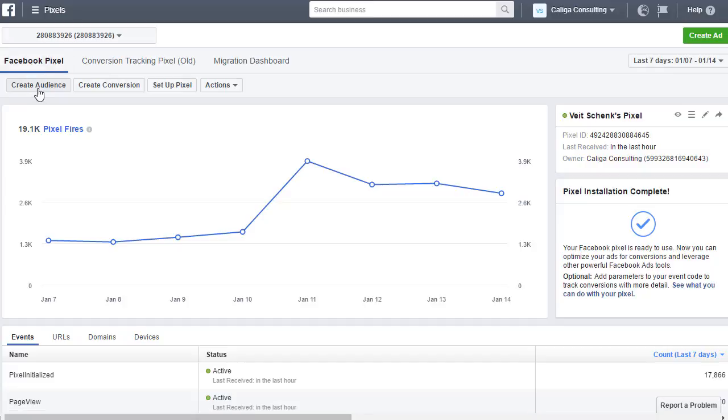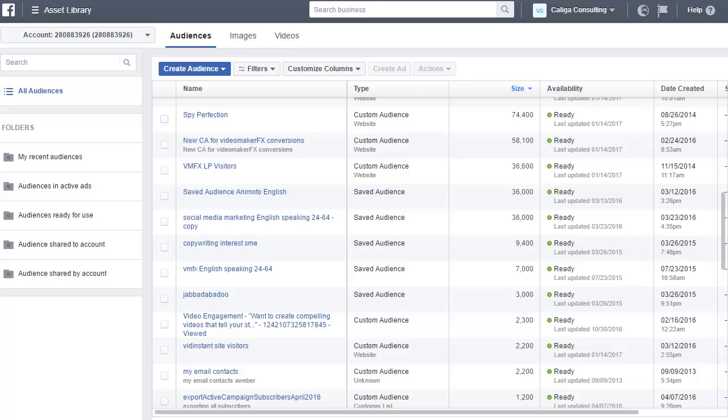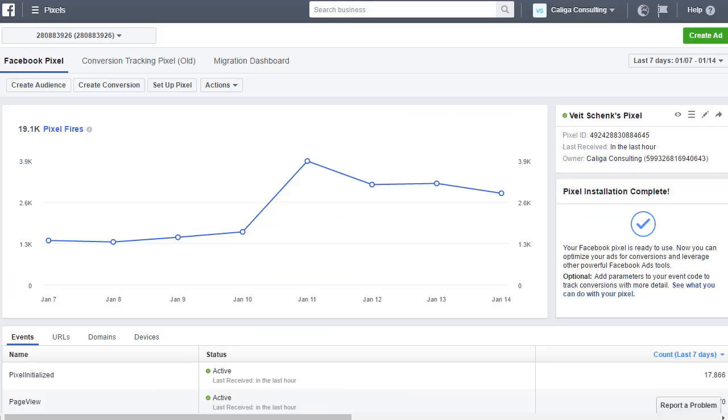Either you create an audience, so for example over here we've got website audiences, so that's people who visited certain links on my website and then they are put into a particular audience, which you can then use for retargeting, etc. And the other thing you can do is you can use conversions, meaning, for example, if you have a